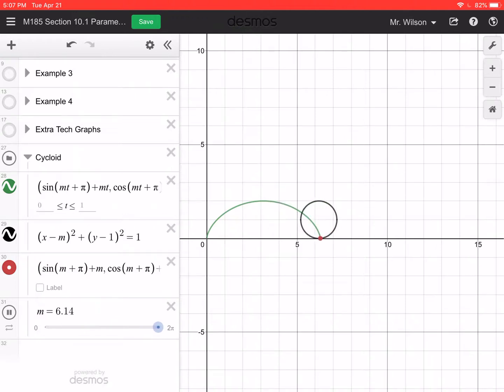Okay. All right, so that's it for the cycloid. And that is our introduction into the study of parametric equations. I think a really fun and interesting topic that has a lot of uses that we can work with, especially when it comes to graphing and doing things like modeling. So that's it for section 10.1, and I will see you all